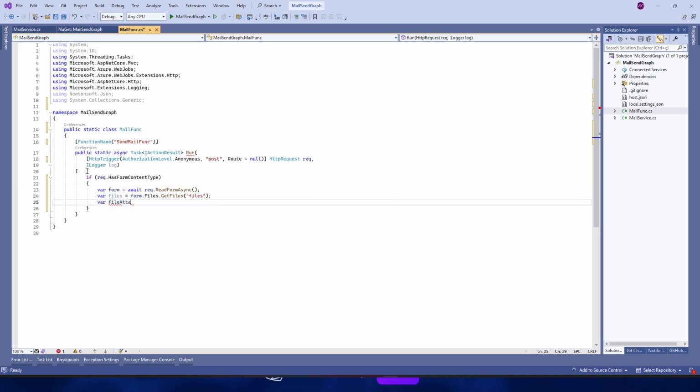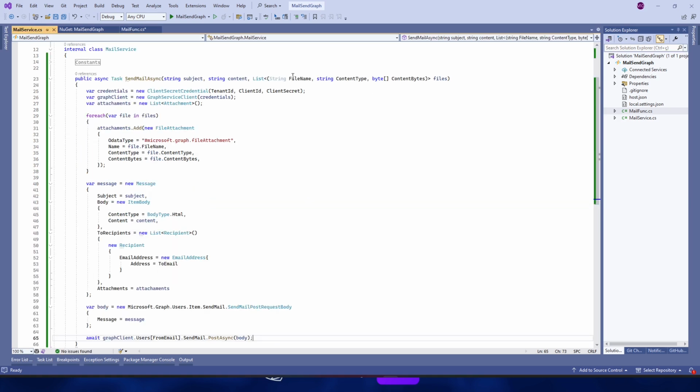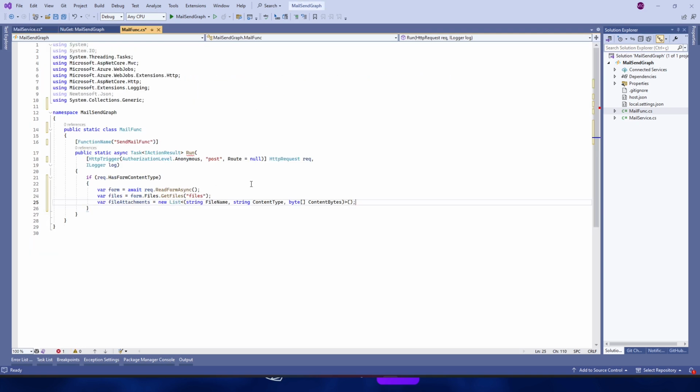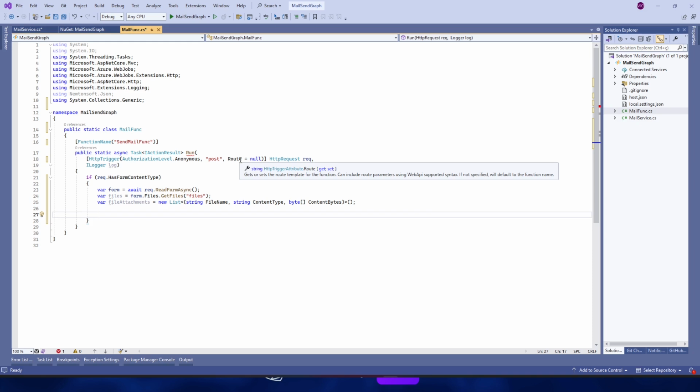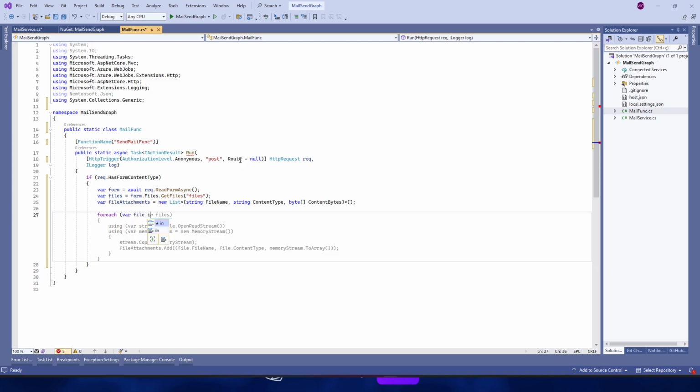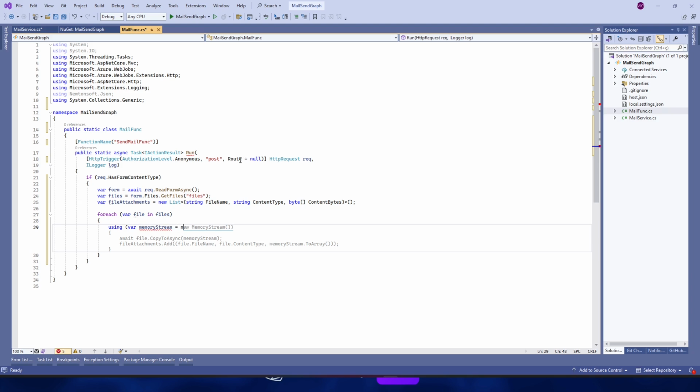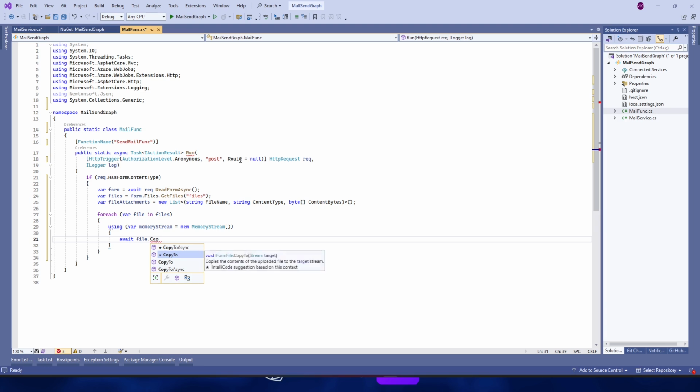Var fileAttachment equals new. I will copy this. Let me change this to S. Now I will populate the fileAttachment variable. For that, foreach var file in files, using var memoryStream equals new MemoryStream, await file.CopyToAsync.